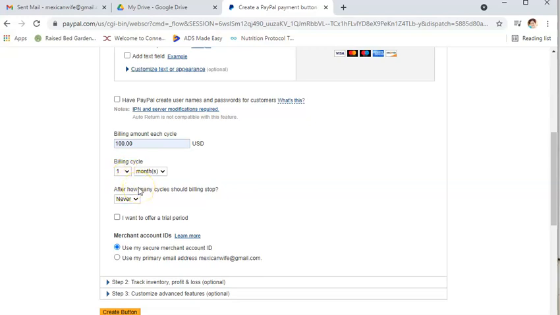And this is for someone who's going to pay me $100 a month for 3 months. So 3 months is my billing cycle. After how many cycles should it stop? I'm sorry, 3 months is not my cycle. Every 1 month is my cycle. Okay, so you can set up billing cycles to be days, weeks, months, or years. Once a year, twice a month by doing every other week. So you could say every 2 weeks. Okay, so the billing cycle is